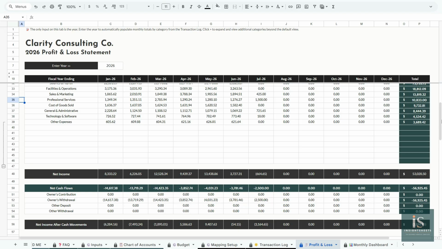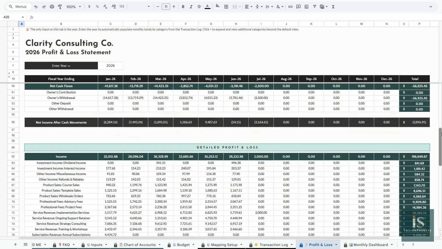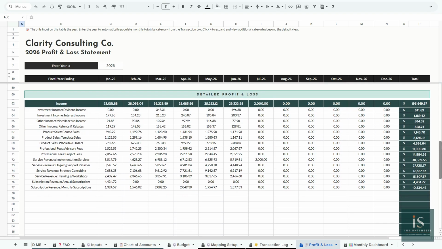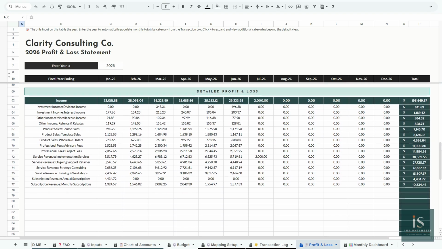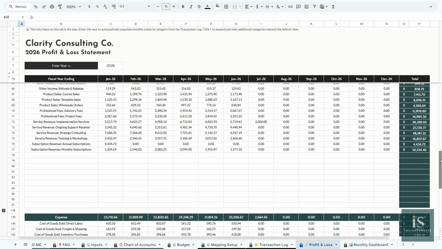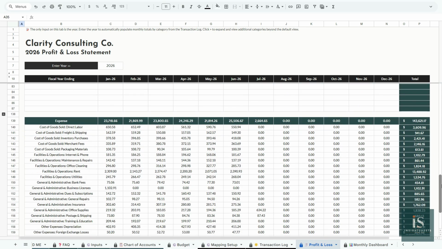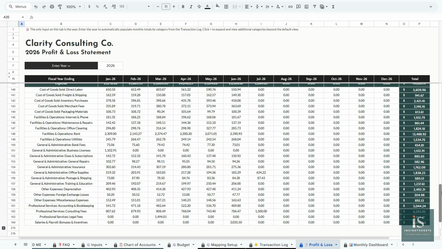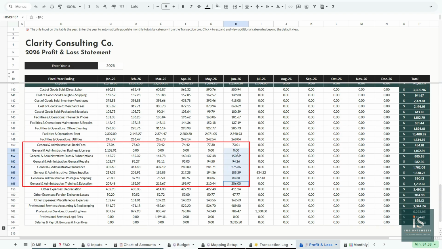Now let's move to the Detailed Profit and Loss tab. This works the same way as the summary view, but now broken down into all your subcategories organized alphabetically within each main category. If we look over at the June column, which is fully populated, you can see General and Administrative is broken down into 8 subcategories, totaling